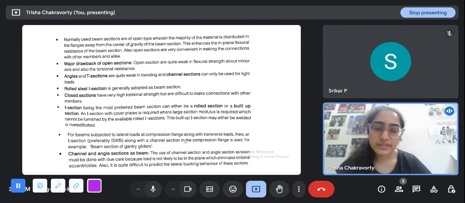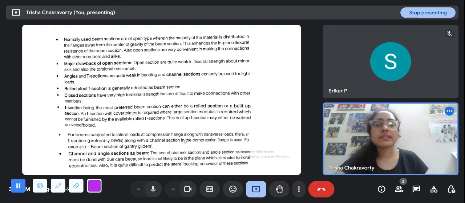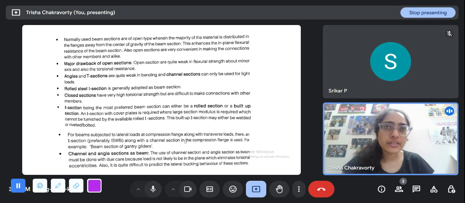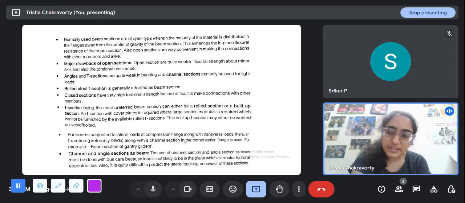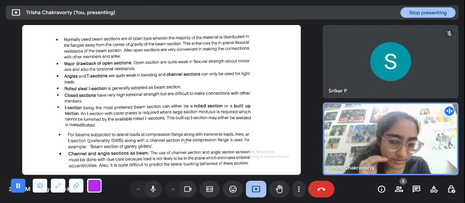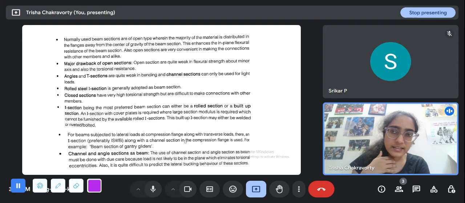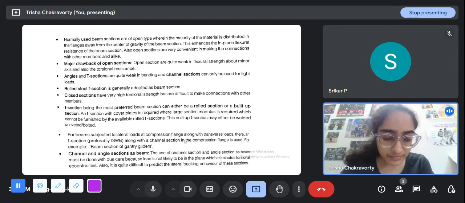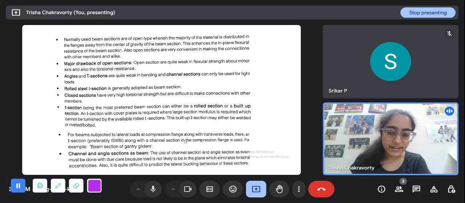So, what happens is that there are some I sections available, but sometimes we see that even taking a large I section, it's not enough for the flexural resistance. But if we go to the higher one, it gives too much flexural resistance, so it becomes uneconomical. So if you want a resistance between those, we can use plates, and we have the freedom of increasing or decreasing the thickness of the plate. So that it is sufficient to resist the factored flexure, but it is not too much higher than that.